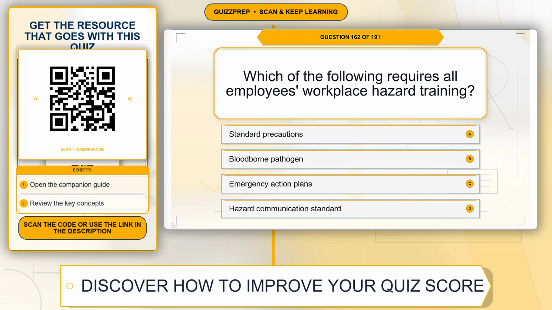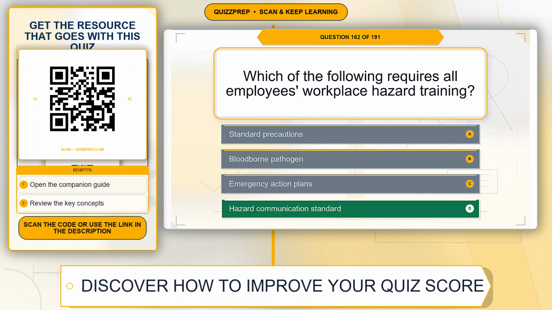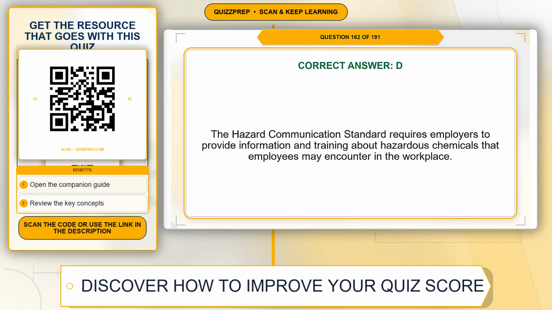Question 162. Which of the following requires all employees workplace hazard training? Option A, standard precautions. Option B, bloodborne pathogen. Option C, emergency action plans. Option D, hazard communication standard. The correct answer is option D, hazard communication standard. Explanation. The hazard communication standard requires employers to provide information and training about hazardous chemicals that employees may encounter in